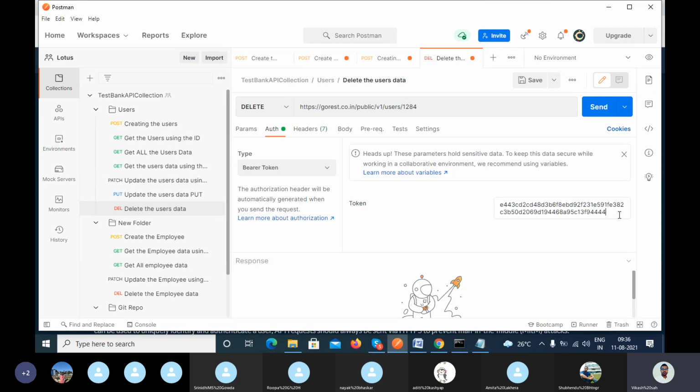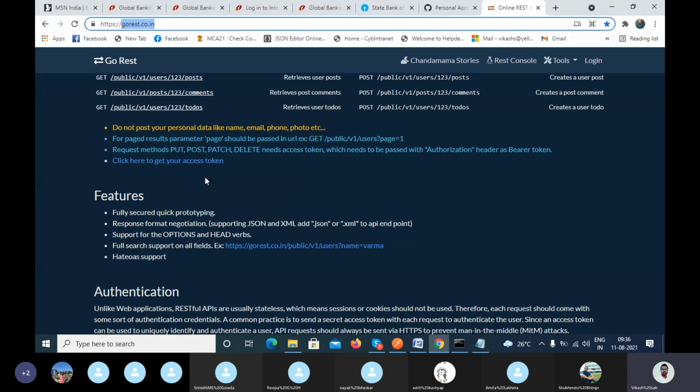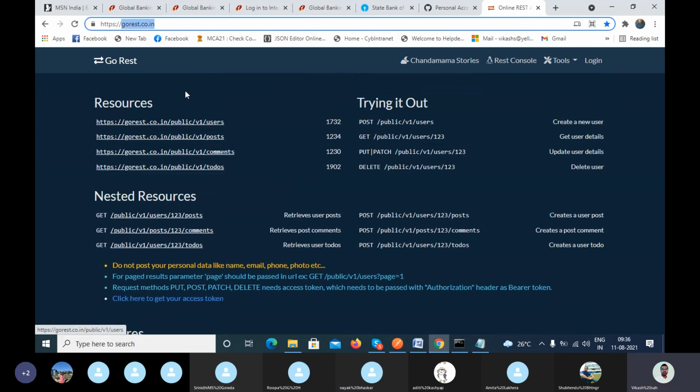Because if I pass an invalid one, I will get a 401, so I have to pass the valid access token of any user. Can anyone provide me the access token of this particular application?